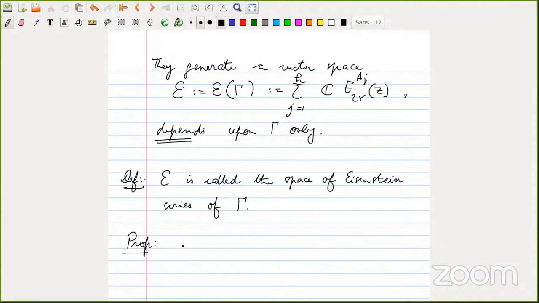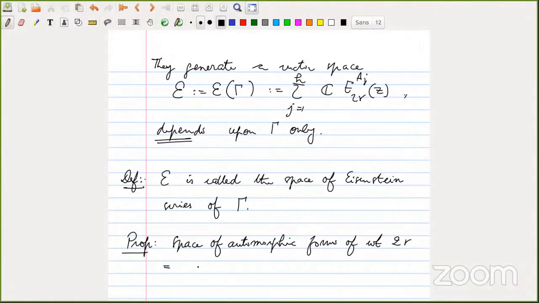So if I denote the full space of automorphic forms of weight, say, 2r,